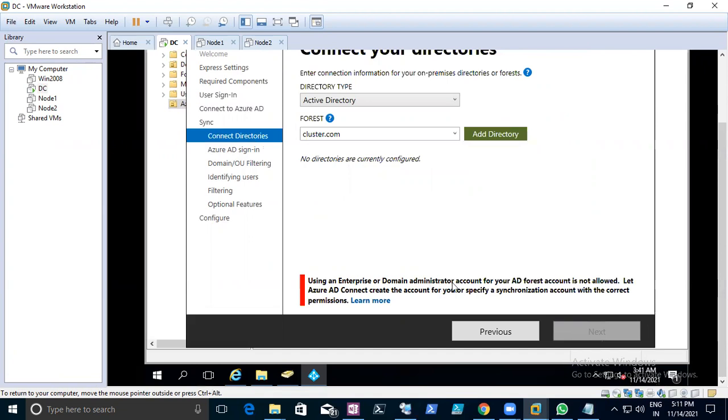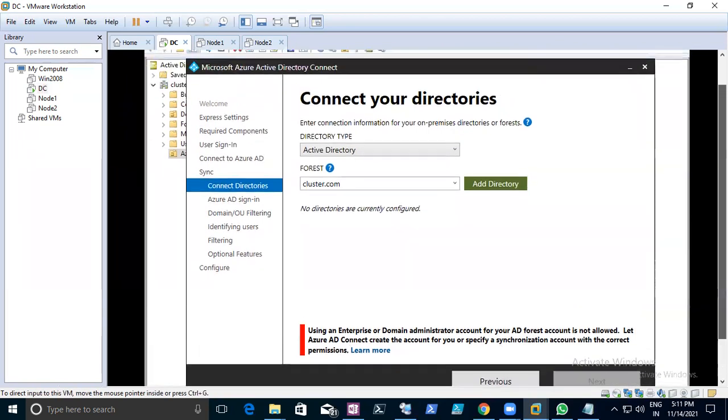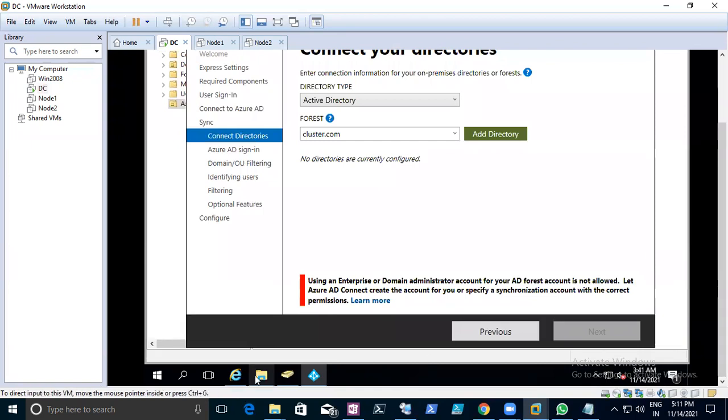Using an enterprise or domain administrator account for your AD Forest account is not allowed. Let Azure AD Connect create an account for you or specify the synchronization account with the correct permission. So I'm using the default administrator, right? What can we do?